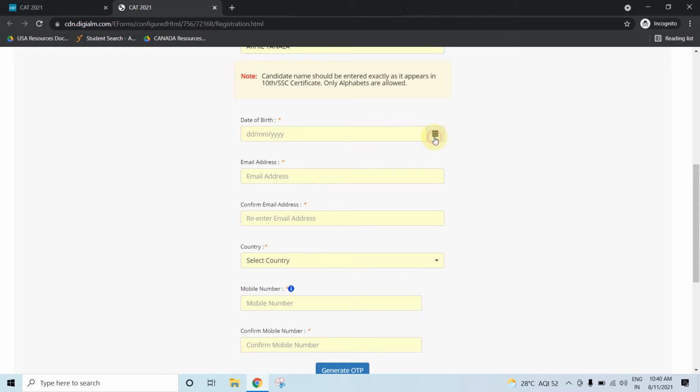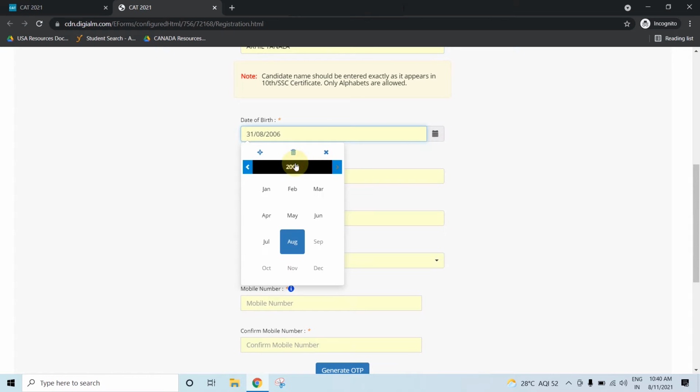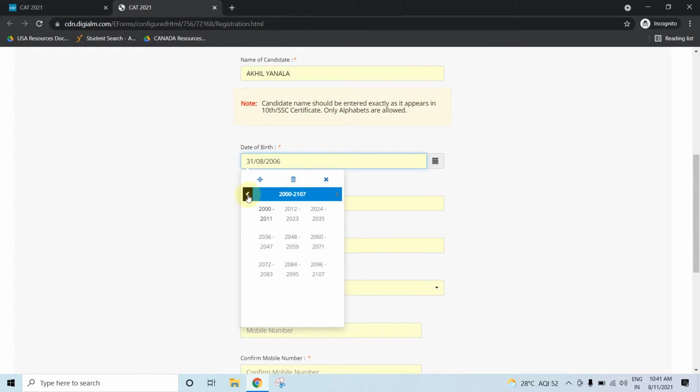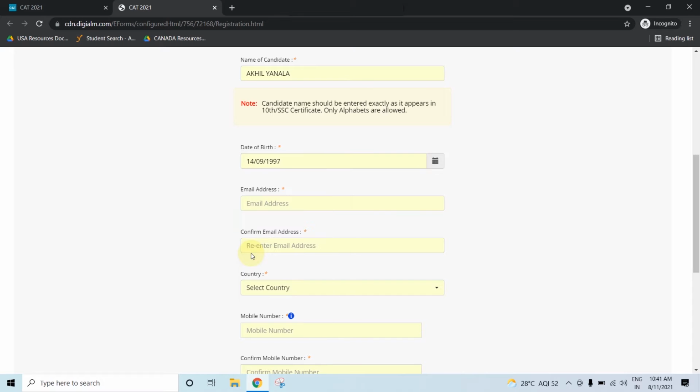You have to enter your date of birth. Now your email address.